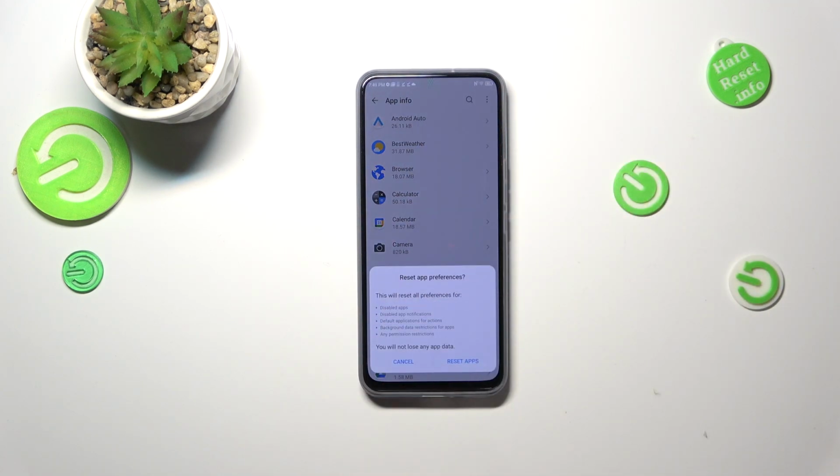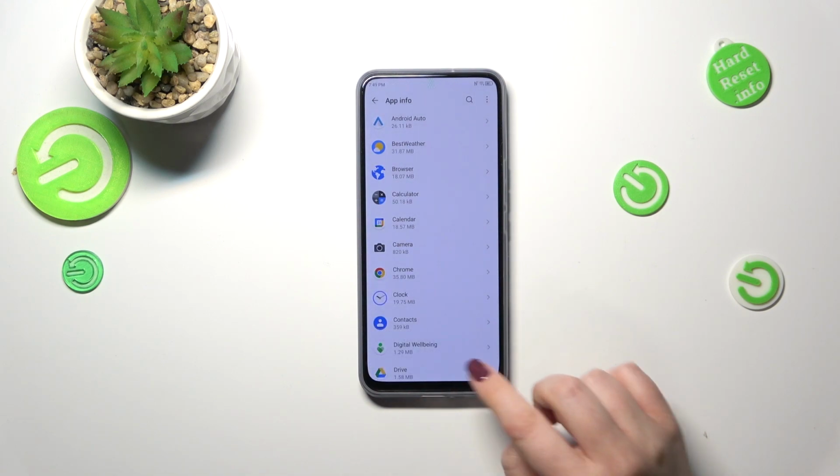We've got the option we're looking for, so let's tap on it, and here your device is informing you that it will reset the preferences for disabled apps and notifications, default applications for actions, background data restrictions for apps, and any permission restrictions. What's more, no worries, you won't lose any app data, so simply tap on Reset Apps, and